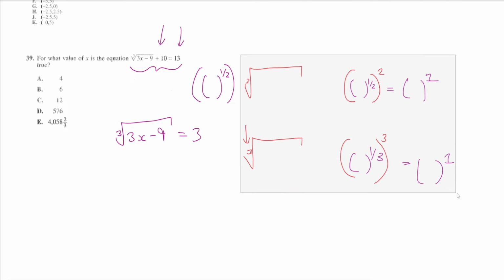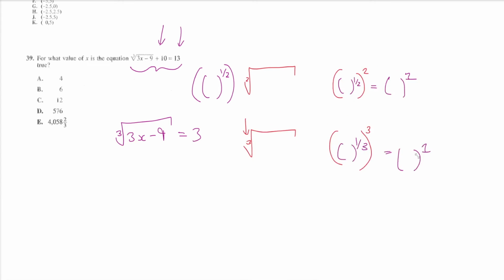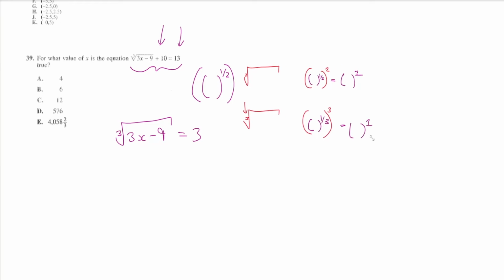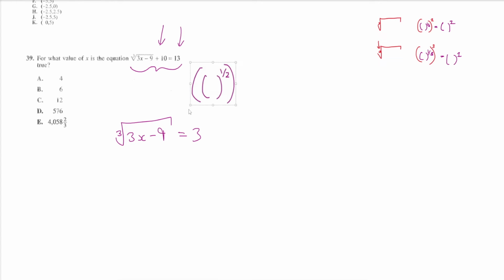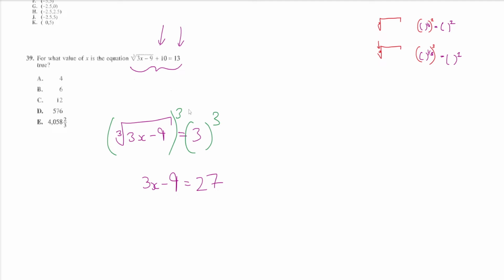Which is what? You cube it, right? Remember, they are designed to undo each other. So we're going to cube this thing, which means we also have to cube this thing. And then we just get plain old 3x minus 9 is equal to 3 cubed, 27. Add 9 to both sides, and we can maybe stop here, right? We get 36, and now x is, yeah,